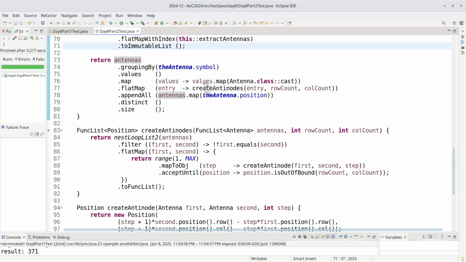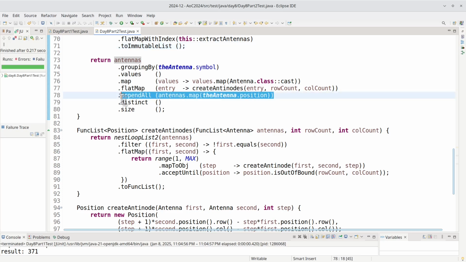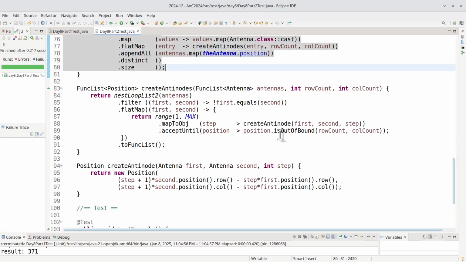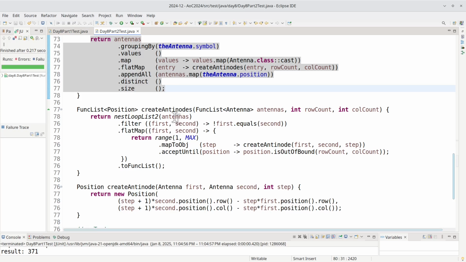But we still create antinodes of each of the entries. We flat map it. So at this point, we will get a list of the positions of the antinodes. But because the position of the antenna itself can be the place for the antinode, we need to append all of the positions of the antennas into here. Then we deduplicate them and then count the size. To generate the antinode,